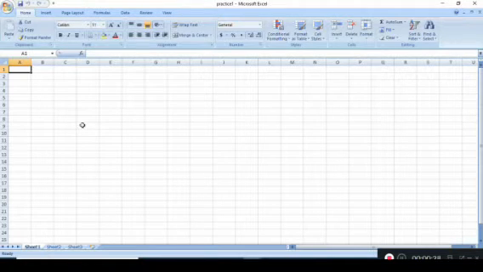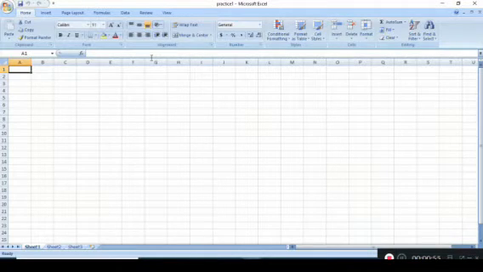An Excel document is called a workbook. Now this file which you can see on your screen is called a workbook, which is the basic Excel file. It is a collection of multiple worksheets called spreadsheets. There are 3 worksheets by default in a workbook.